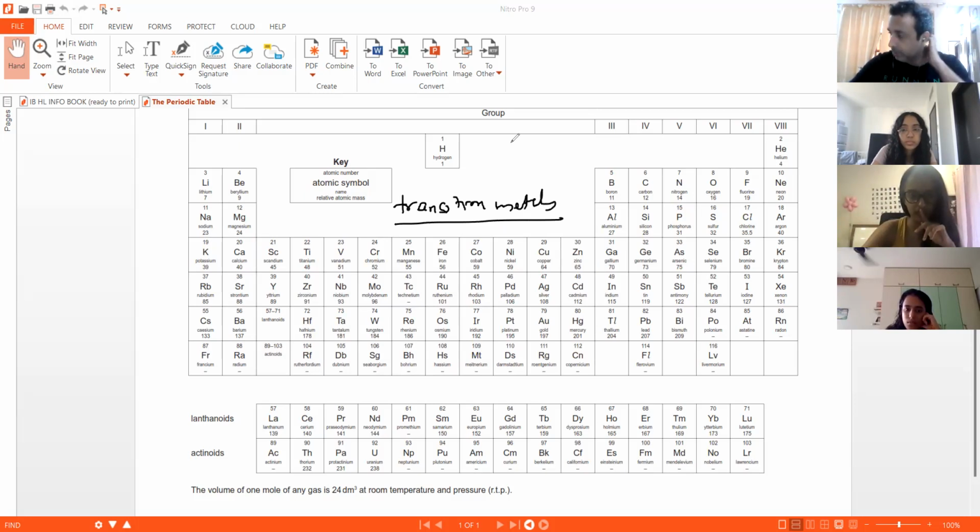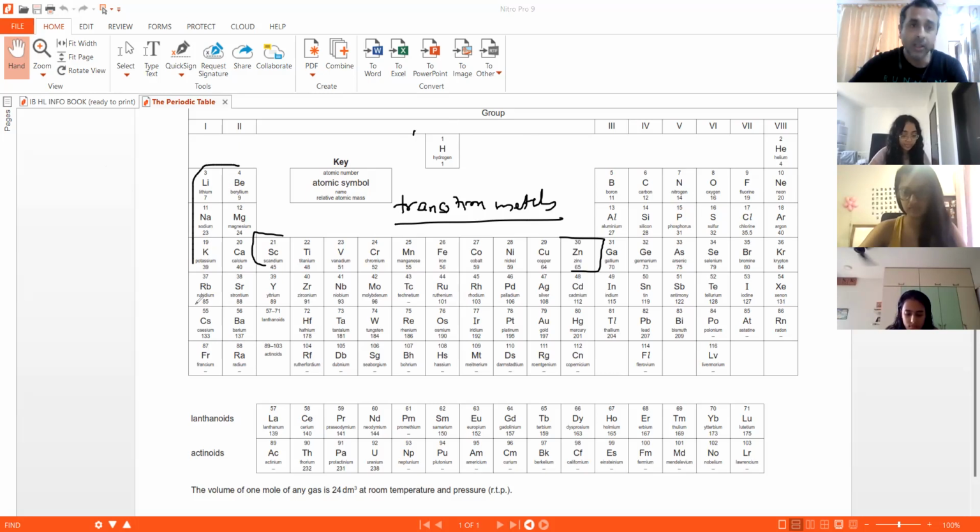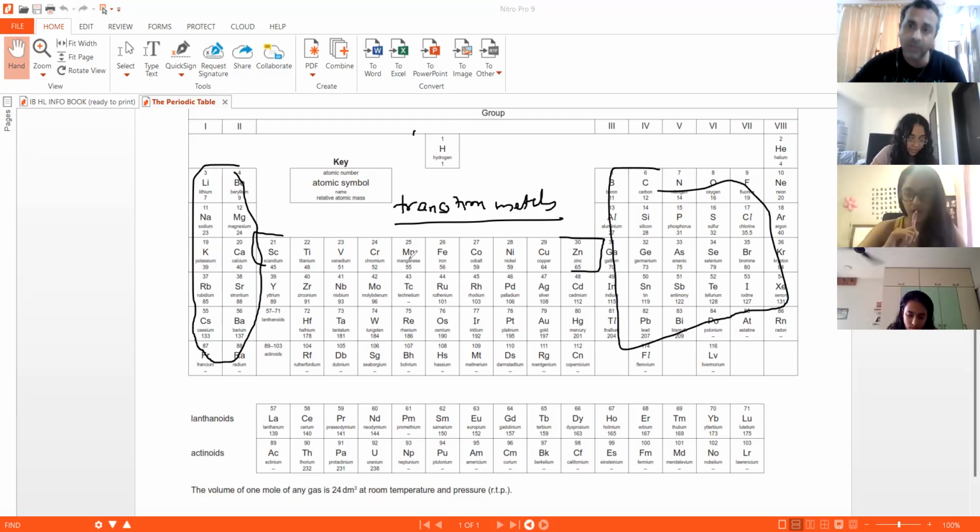Now, what do you learn about these transition metals? The properties, basically. These metals have unique properties, some peculiar properties, which other metals don't show. So we will see those properties and reasons for some of those properties. Those who have done the IGCSE are aware of what properties they have. Like, they form colored compounds, which other metals don't. If you see these metals and these metals, all these metals will not form colored compounds. Transition metals will form colored compounds.